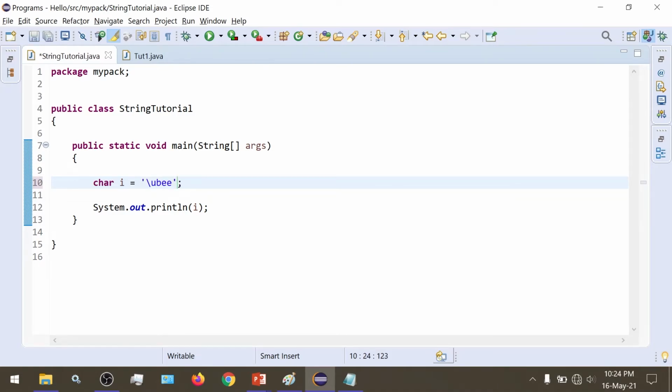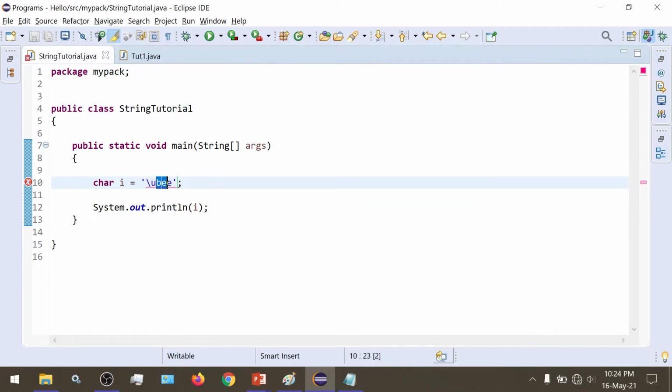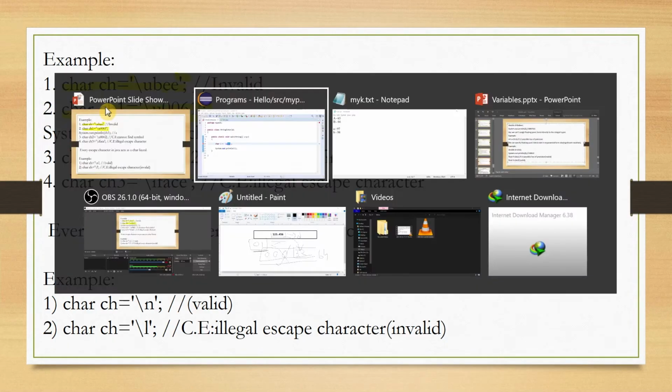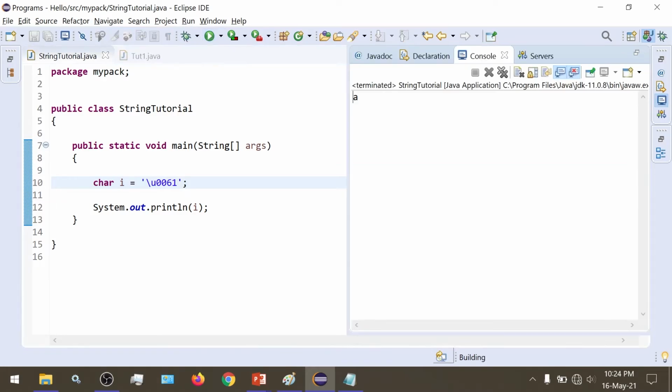\u and B, and if we try to run this, then we get an error because of invalid Unicode. So this B is not a valid Unicode number. So if we try to run this one now, let's see what we get as output. It is 0061, and when we run this, we get a as our output, lowercase a.